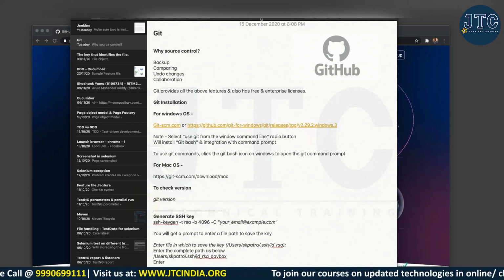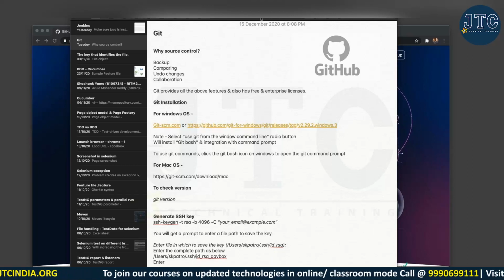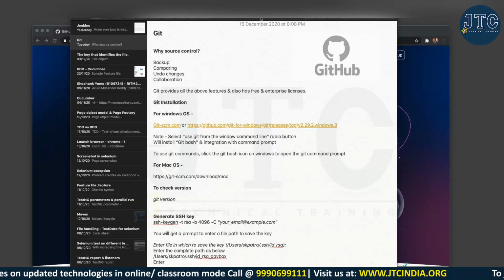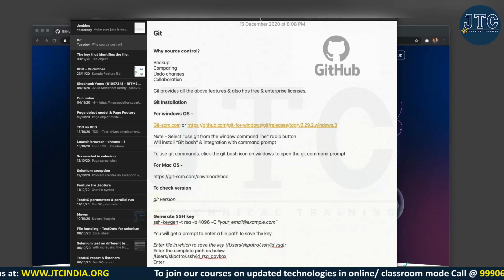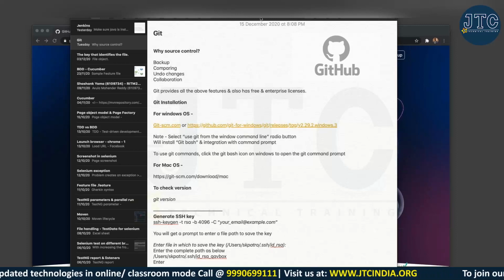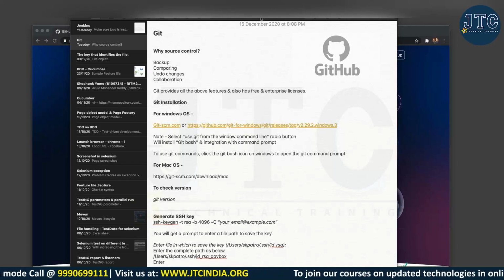Because we all are from a coding background, forget about whether we are from testing or from the development background, the main motto behind the stuff is that we need to code. So we will have a programming language and an editor. Now, what is source control and why are we learning about it? Without this, can't we survive doing the programming? The straight answer is no.